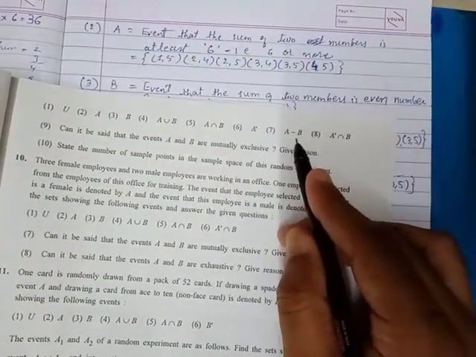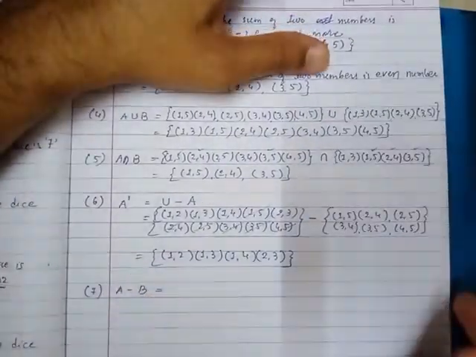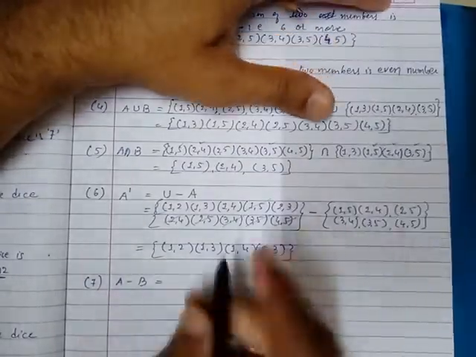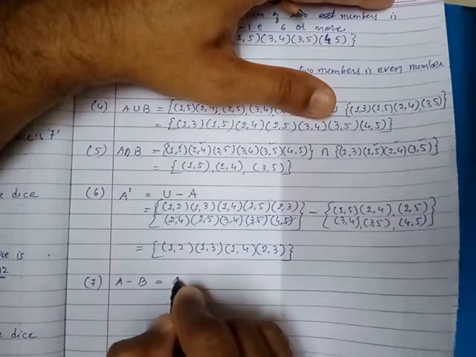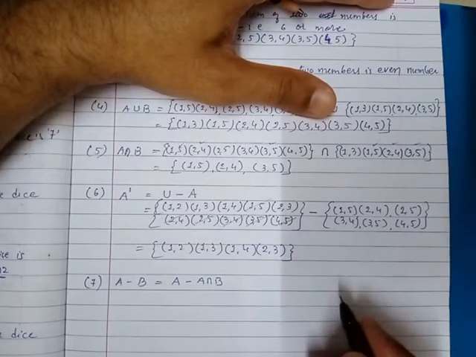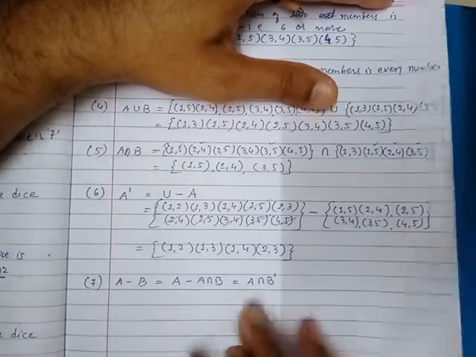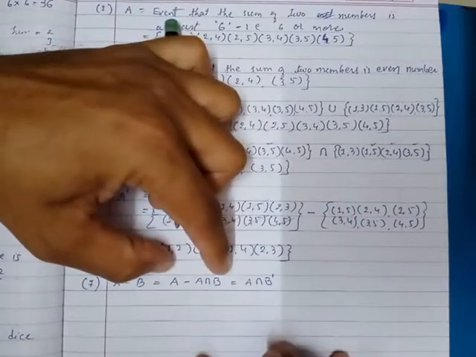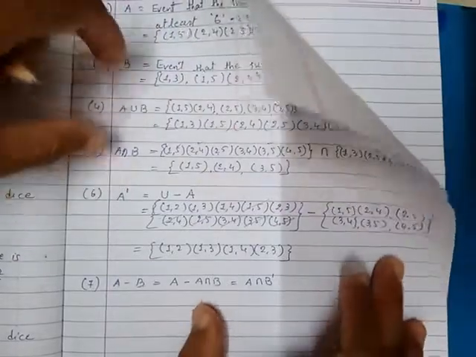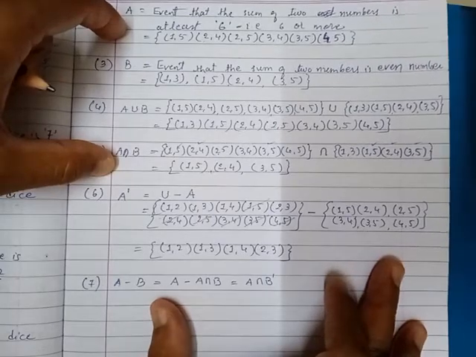See, A difference B, A minus B, is also said as difference event A. Now we have written two different formulae for event A minus B. What is that formula? First of all, event A minus B means from event A we deduct the intersection of both events A and B. Or you can use the other formula, A intersection B dash. According to these two formulae, this will be easier for you because B dash event you have not calculated, but A and A intersection B are available. So from event A we will deduct A intersection B, so that you will get the difference event A minus B.